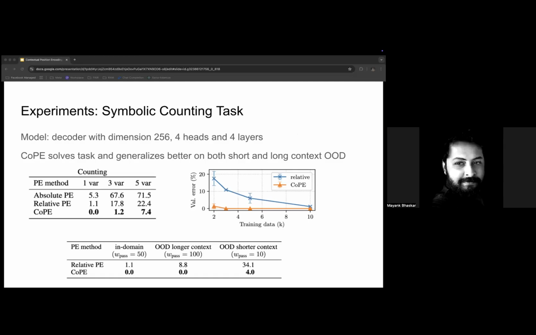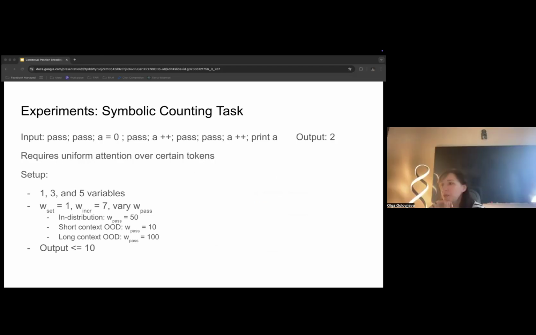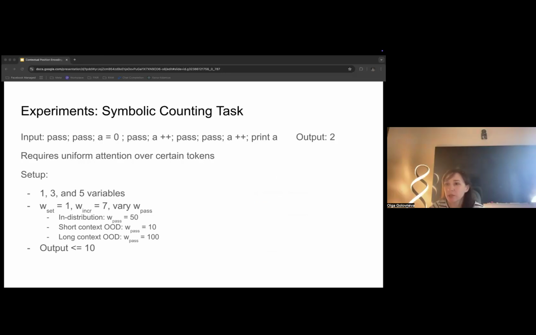I had a quick query here. For the long context, how many tokens did you cover here? Up to 512 tokens. Okay. But the context length varies because it's a non-deterministic task. We have certain probabilities of weights for each token, but the upper bound is 512. Oh, cool. Thanks.